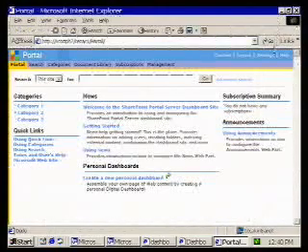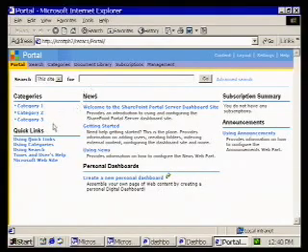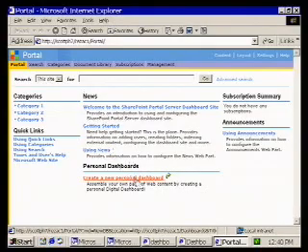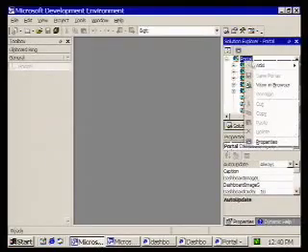So here we have a SharePoint portal workspace. As you can see, there's a bunch of web parts here. There's an advanced search web part. There's a different category web part. There's the news web part, and there's a personal dashboard web part that allows you to create dashboards using the SharePoint portal. So I'm going to go back into our development environment, and I'm going to quickly add a web